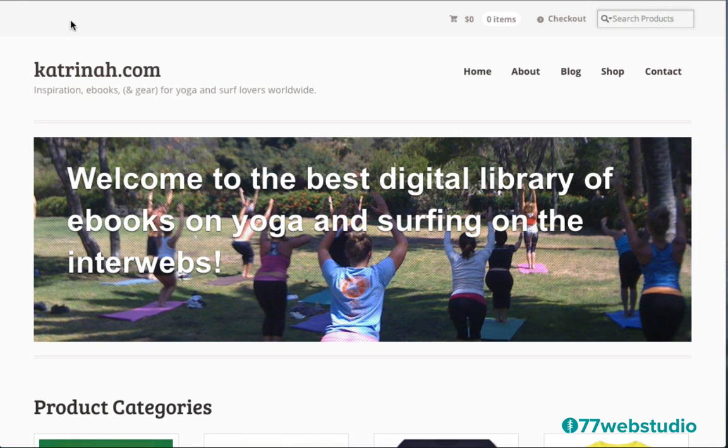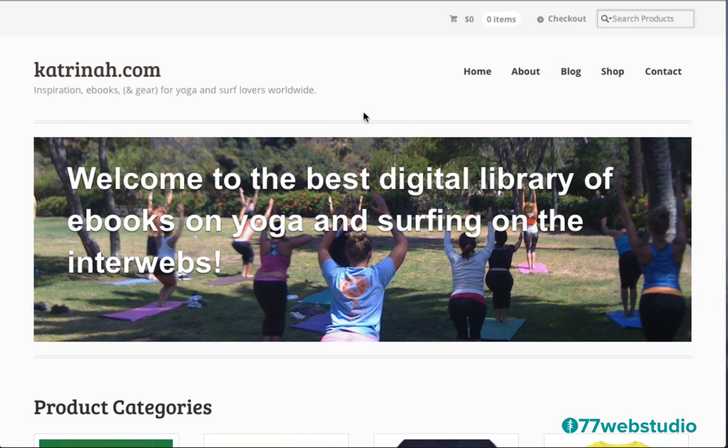Now I also want to note that we don't see it right up here, but this particular theme also comes with an additional menu navigation area right here. So if you'd like to include that, you'll have an additional area where you can add more menu navigation items. I prefer having a really minimalist type of website, so the focus of attention is pretty much only on the product. So I try and keep my menu navigation items here really simple, one word, and if at all possible, I try not to have two menu areas, but of course if you want to include that, you will have another option here to include more menu navigation items right here above the title or the logo.